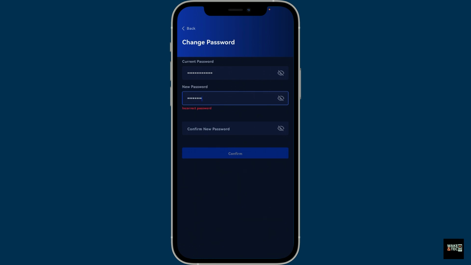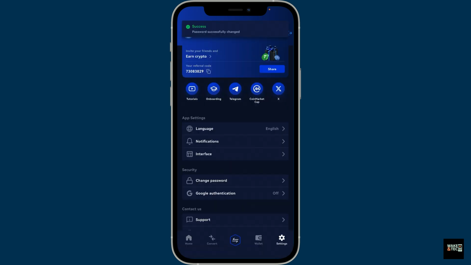While entering your password, make sure to meet the criteria displayed, and once you are done, re-enter the new password once again in the last field. Finally, click confirm to change your password. And there you go. That's how you easily change or update your password for your Margex account using your Margex